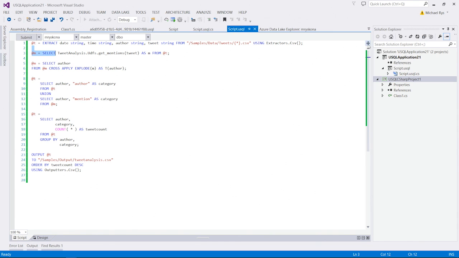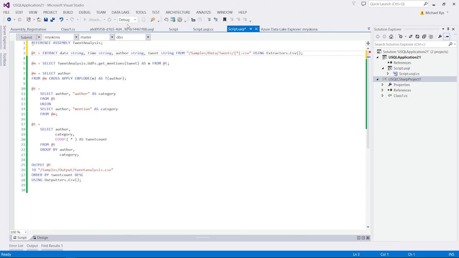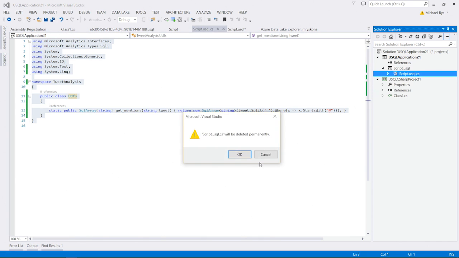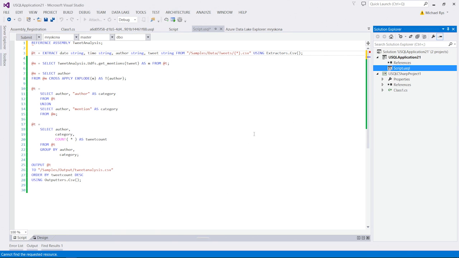The only thing I now have to do is say at the beginning of my script, reference assembly tweet analysis, since we are inside the master database context. And I go and delete the code behind file because I don't need that anymore. And now I can submit this job once the assembly has been registered, and I will get exactly the same behavior, except for now everybody can use my code